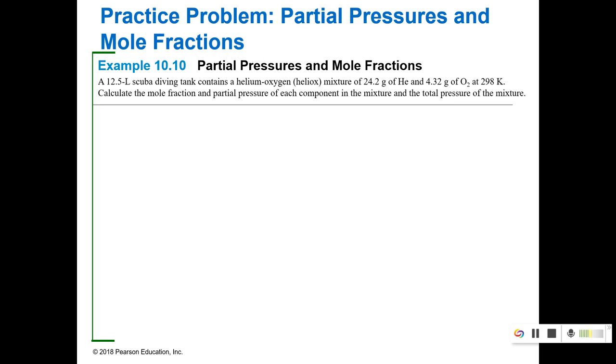So here I've got 12.5 liters, 24.2 grams of helium, 4.32 grams of oxygen at this 298. Calculate the mole fraction and partial pressure of each component in the mixture and the total pressure of the mixture. Okay, so the first thing we need to do is find moles of both helium and oxygen to get our